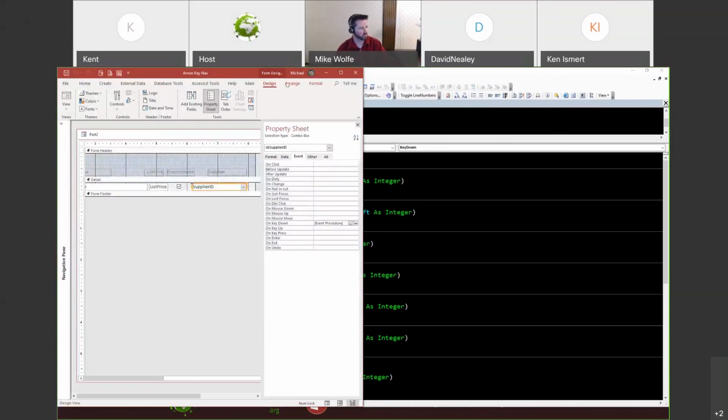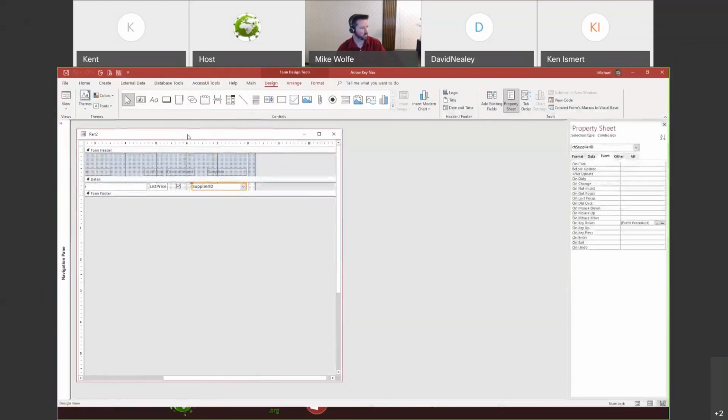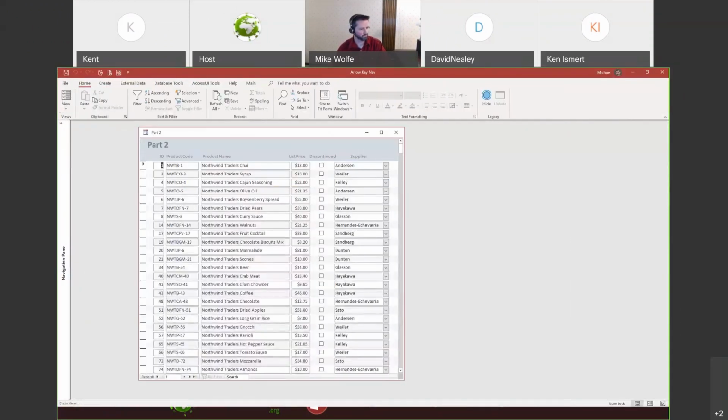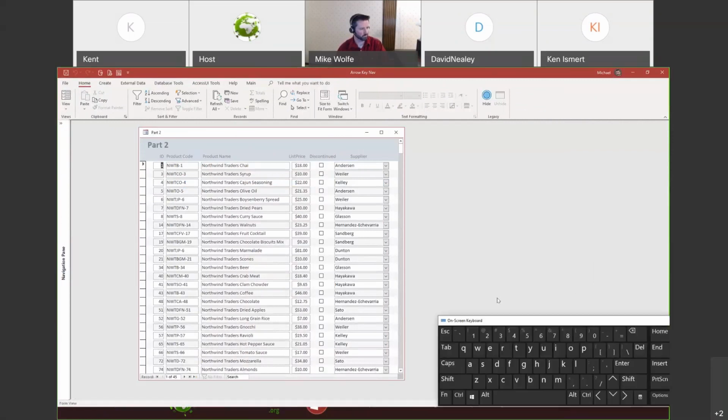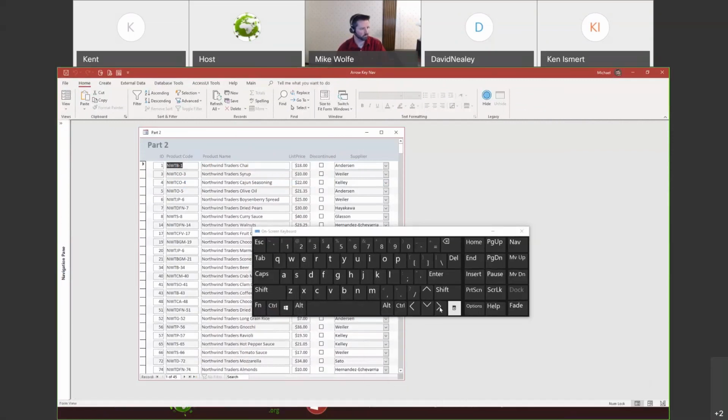Let's just prove that it's going to work. All right, and as you can see, even on the checkboxes and on the combo boxes, it's working the way